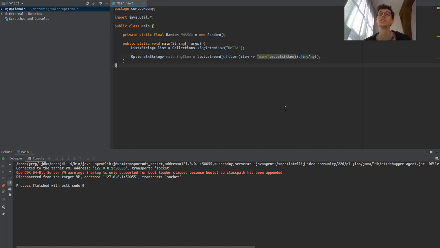If it returned a string, it would have to return the string if it finds it, otherwise it returns null. Because if it doesn't find it, it can't return a string, right? It can't return an empty string because that doesn't make sense. So it would have to return null, and then we have to deal with the issue of handling null, which we have to do all the time, and it's an absolute nightmare. So when it returns an optional,